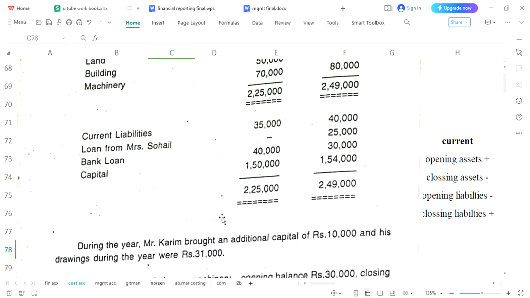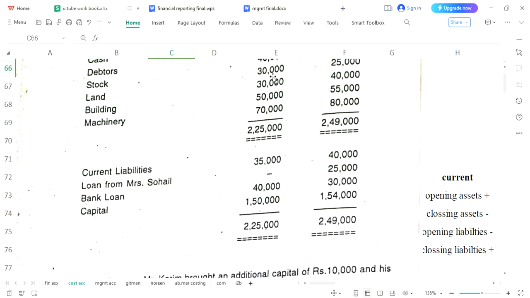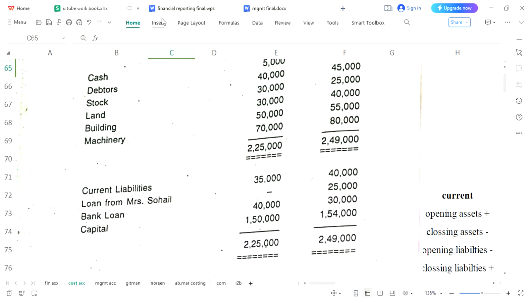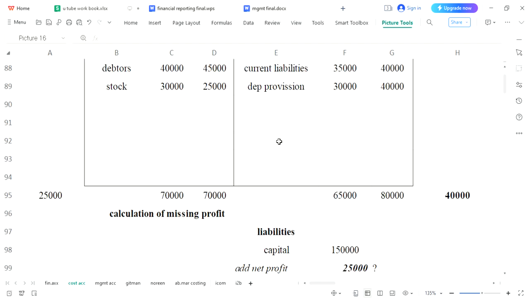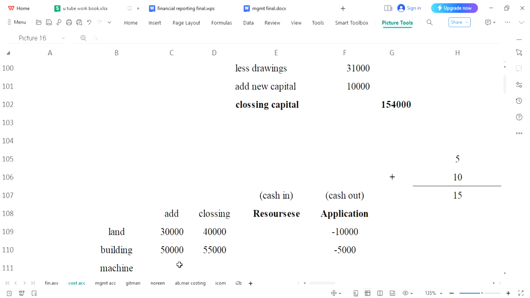Now please make a correction. This machinery is actually not 70,000, it is 60,000. So I'm letting you know, and we are going to correct it. This is actually 60,000, so here I am correcting the amount. Please note it down carefully. This is actually 60,000 machinery, 60 and 80. So let's come over here again, machinery 60,000